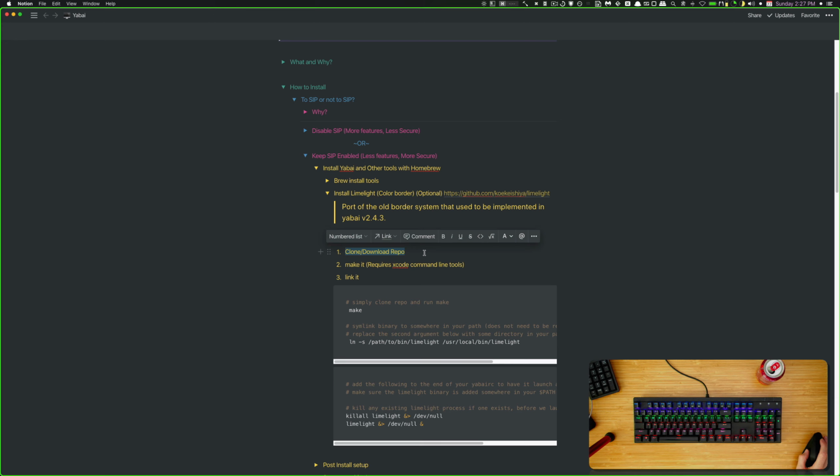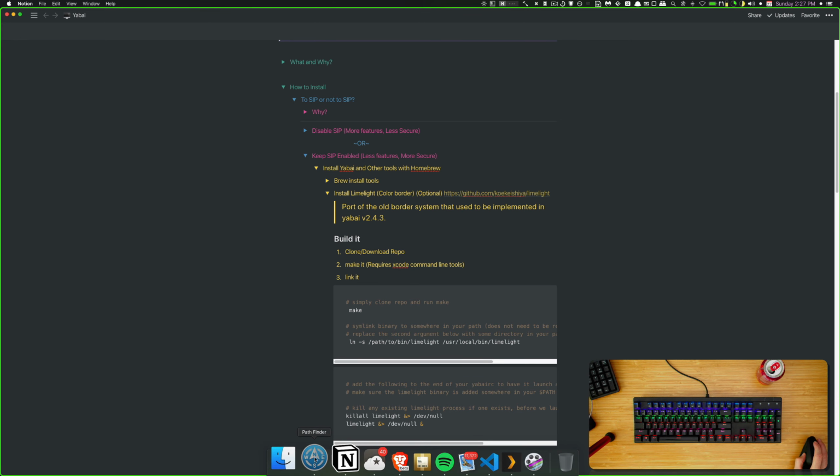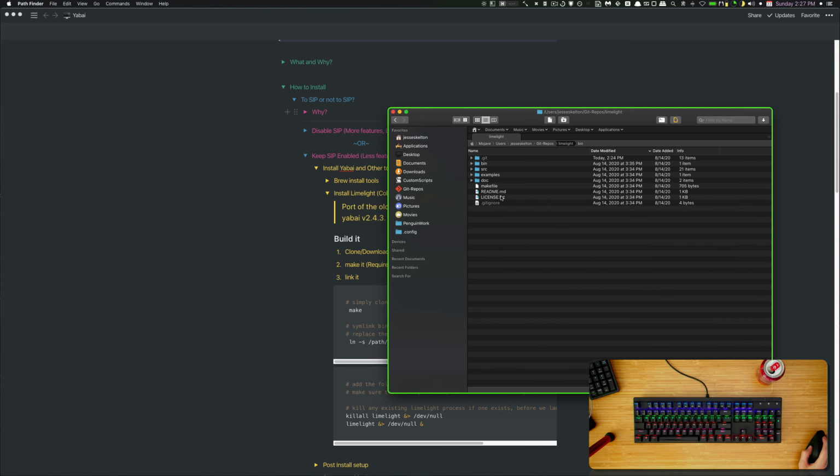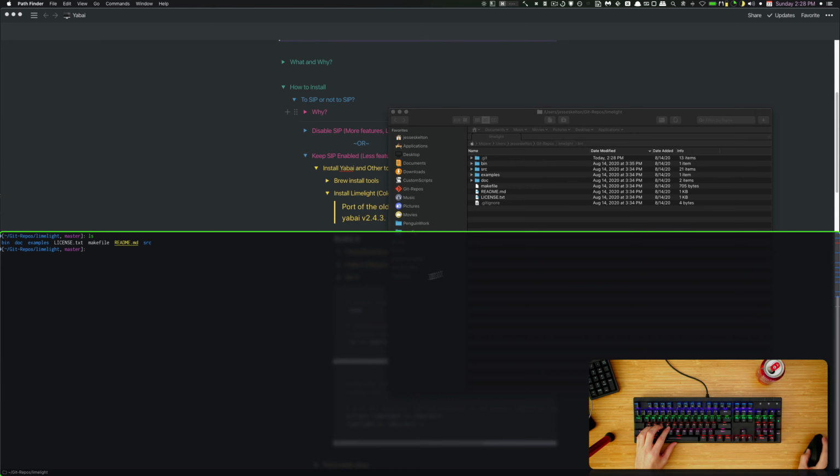You need to clone or download the repository and then make it. So if you don't know how to do that, you just download it. So I downloaded Limelight here, and then it's got a makefile here. So what you need to do is open a terminal from here. Okay, I'm in that directory right here. So all you do is type make,